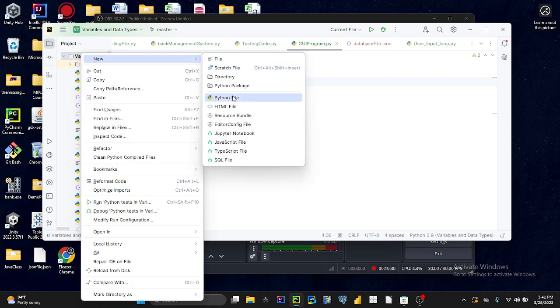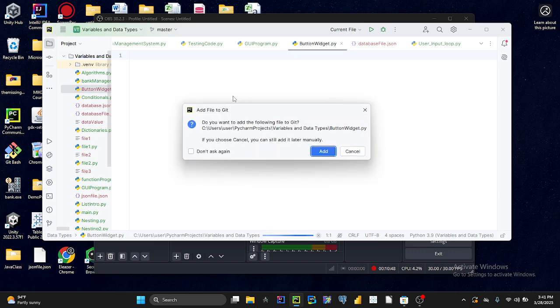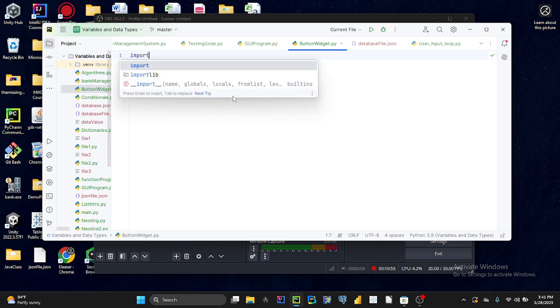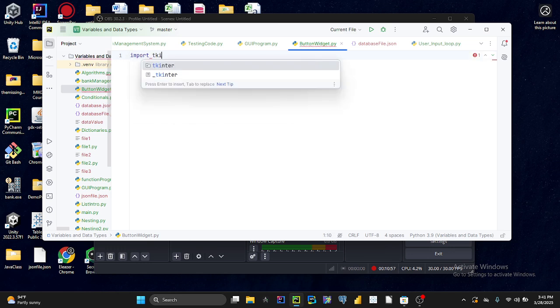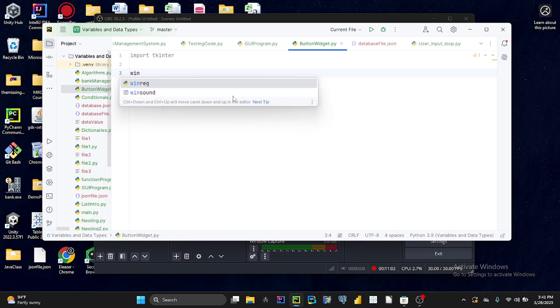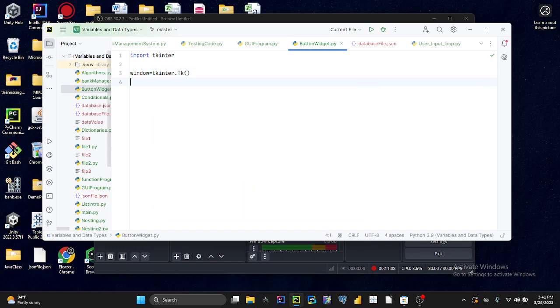So come to new, click on Python file. I'll come here and say button widget. Now, you know that the first thing you want to do is to import the tkinter module. So you come here and say import tkinter. And after that, you want to create a window screen, tkinter.Tk. Come here and say window is equal to